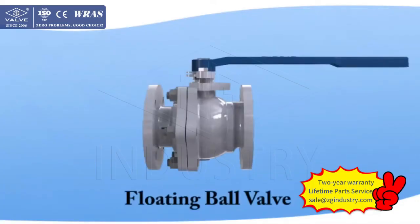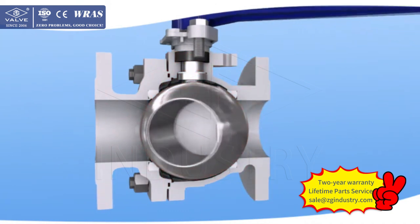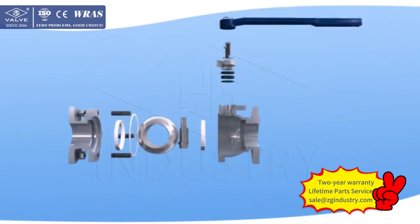Floating ball valve. A floating ball valve has two sealing seats. There is a ball between the seats. The ball can rotate inside the seat ring by the stem. When the valve is open, the ball hole lines up with the pipeline, ensuring the minimum flow resistance of the